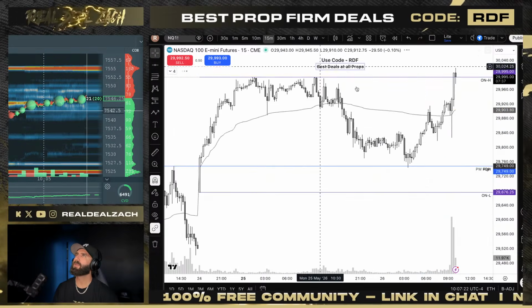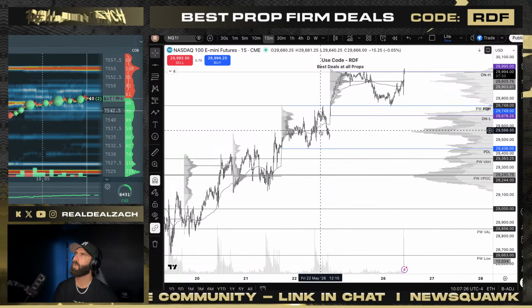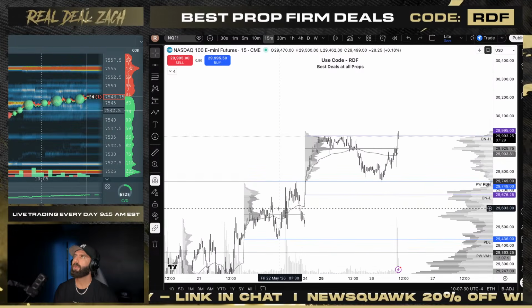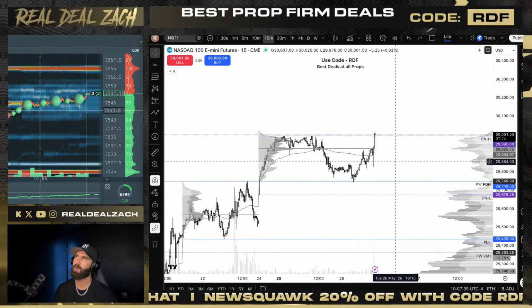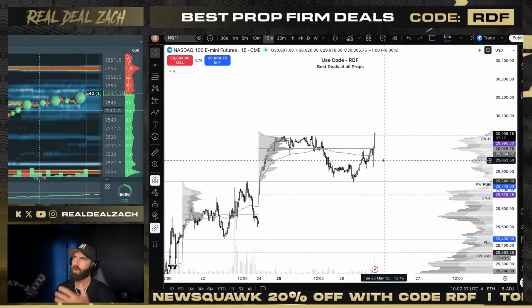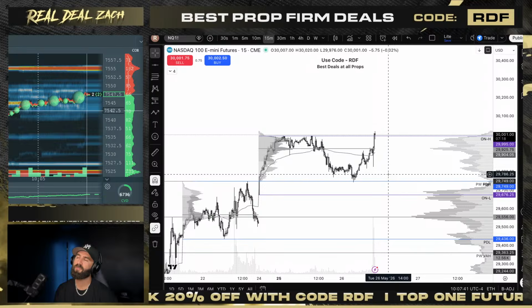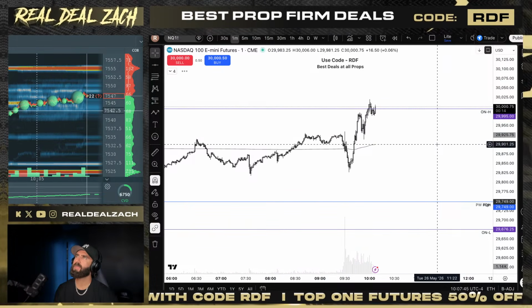Now we zoom in. What did we do in the overnight session? Where are we relative to last week's volume profile? Where are we relative to yesterday's volume profile? What did we do in the overnight session? Bullish, bullish, bullish. You can make a case for a turn to the downside here and pretty choppy back and forth, right? Overall, I'm going to be looking for a continuation long after a potential reversion style trade off of a key level. But essentially that's going to be the idea on NQ.